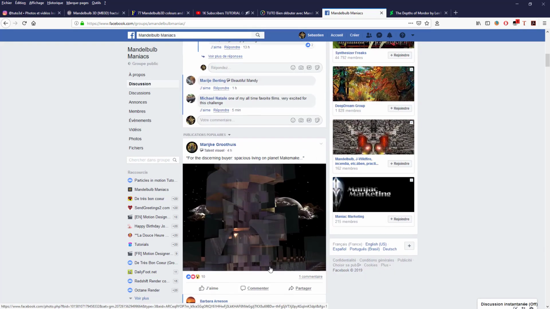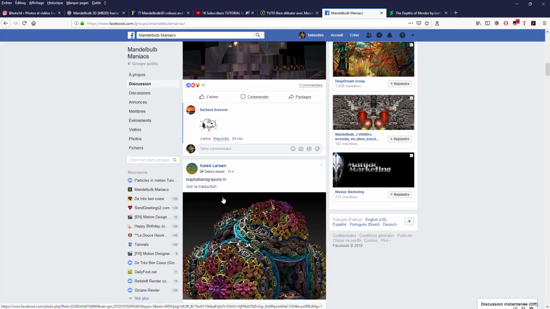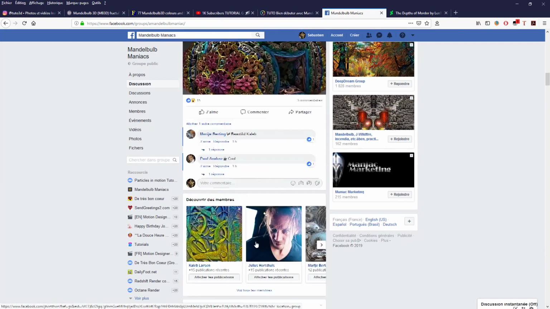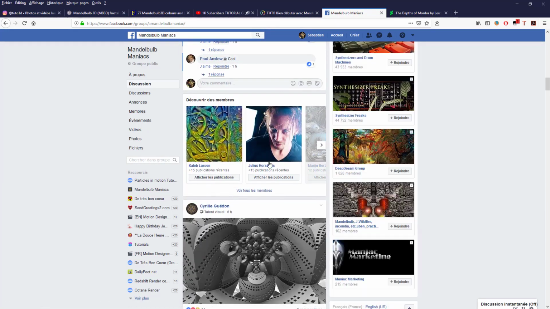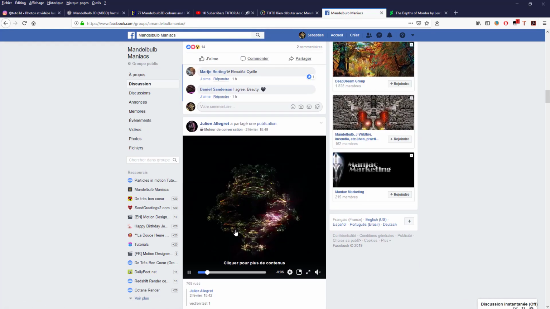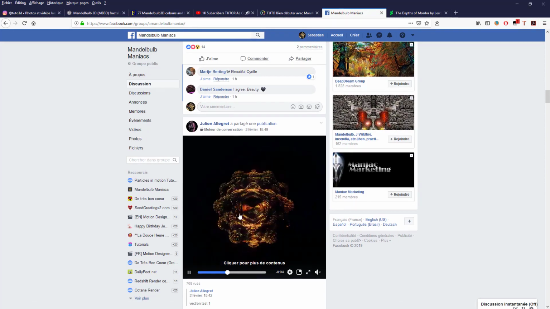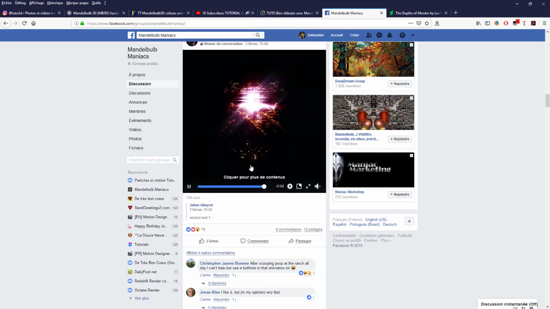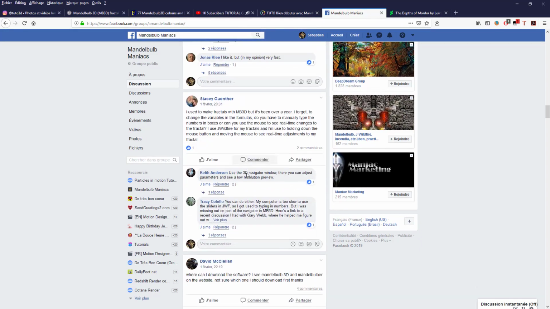And then people, as you can see, share parameters. Here he says he did that. You can find Julius Hortus, I think the most famous artist in the fractal domain. Here it's not Mandelbulb, but it's cool, very nice. So that is it.